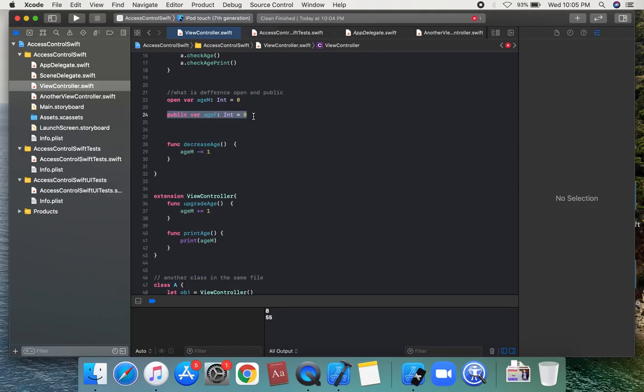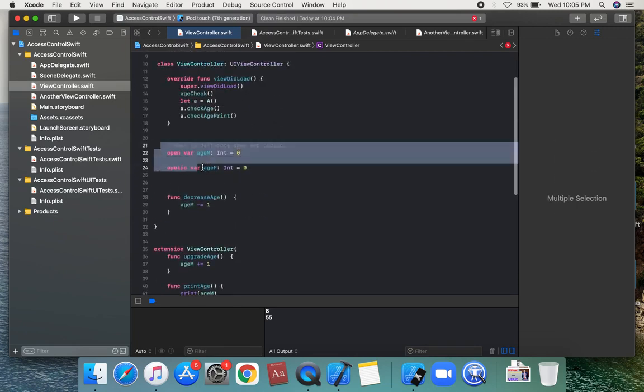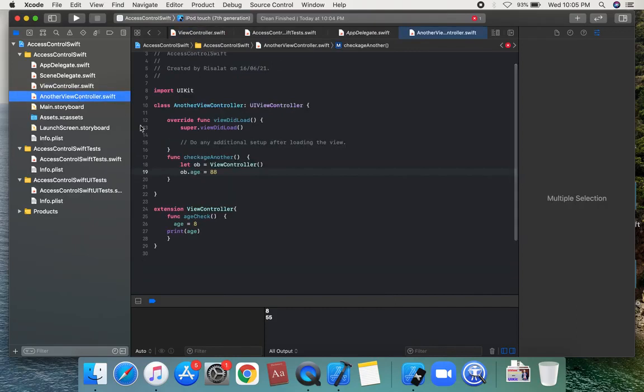Create your project and use it from another project to see the different use of open and public access control. So we can check this.